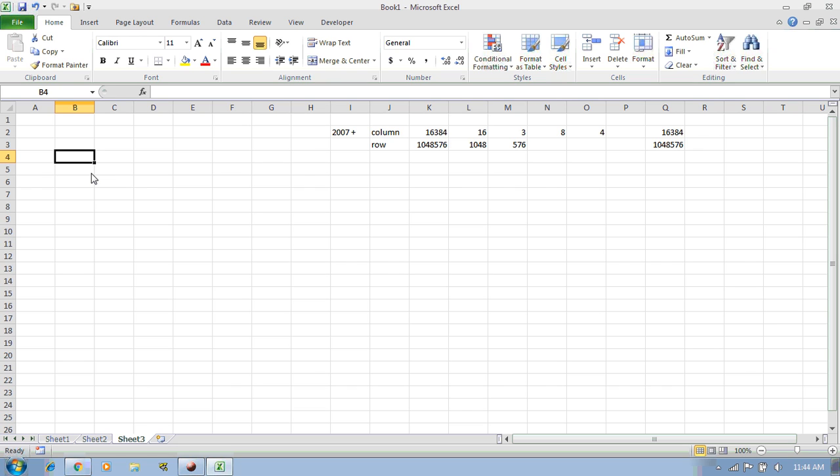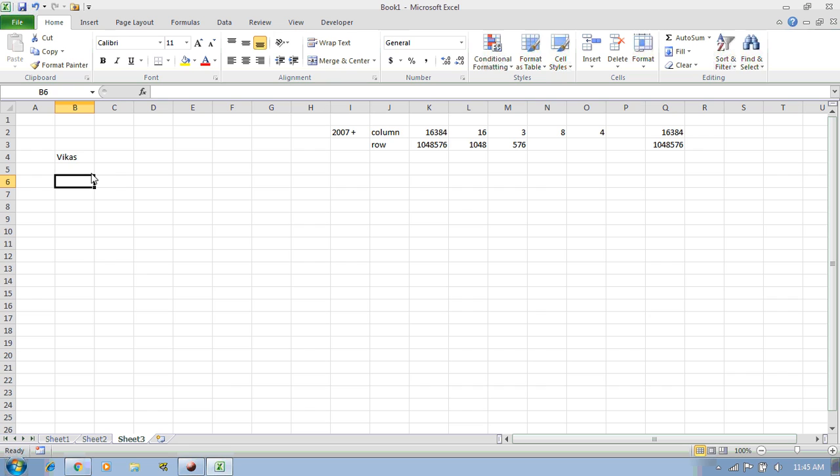After selecting the cell, you can just type anything you want. For example, if I want to add my name to the B4 cell, I can just type my name here, and then I have to press Enter.